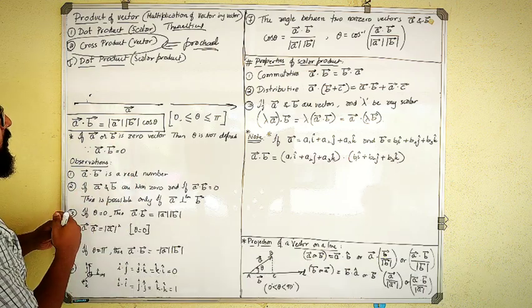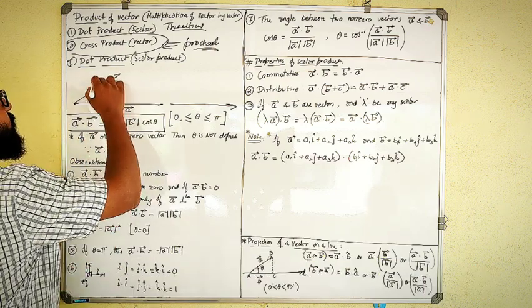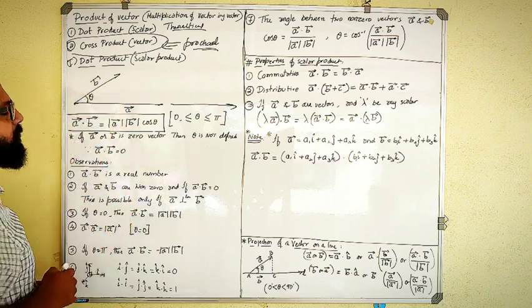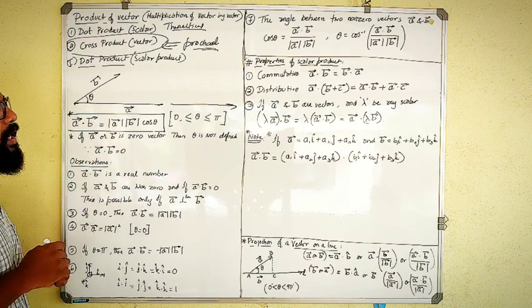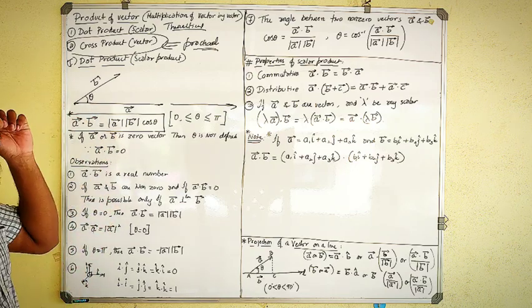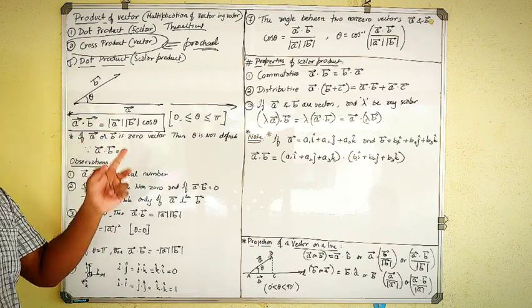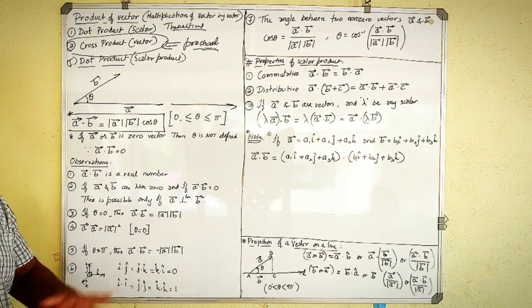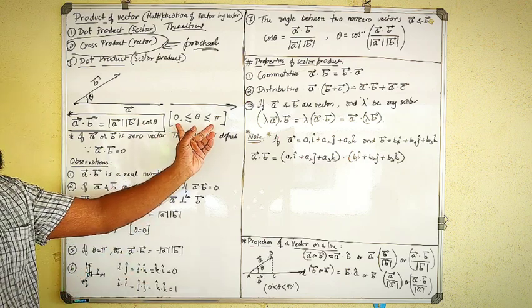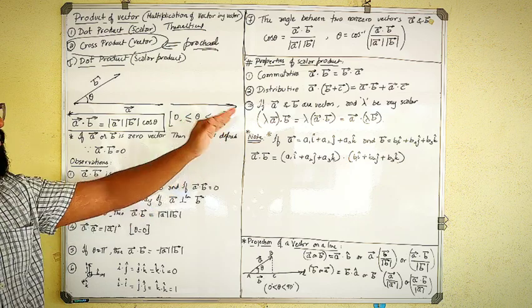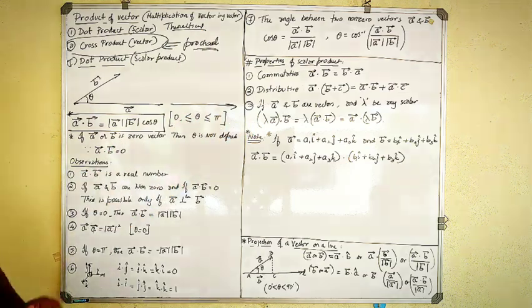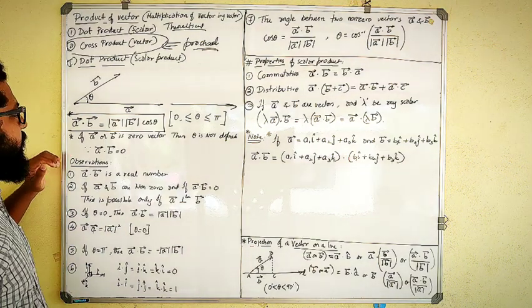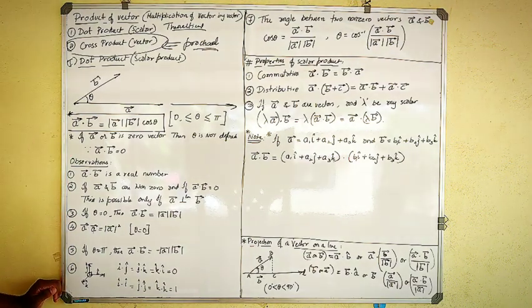We'll come across many other things, so let this be like this for now, and this is theta. This is the important thing which you need to remember: A dot B, when theta is given, is going to be magnitude of A, magnitude of B, cos theta. Clear? And theta will always range within 0 to pi. It will not increase greater than pi, and theta will never become negative. Clear? So understand this concept, and we'll move on to the observations.